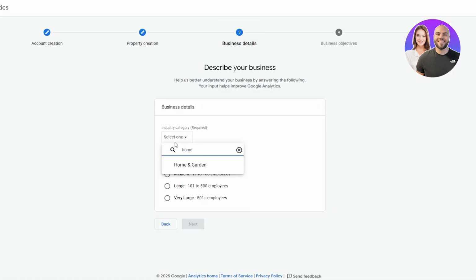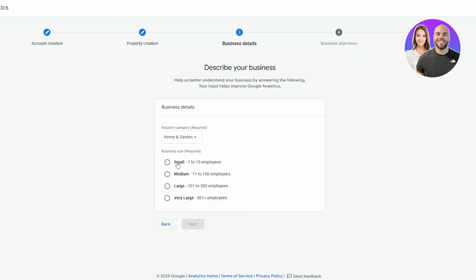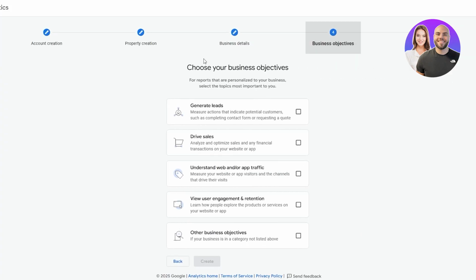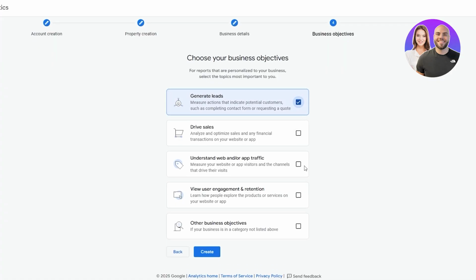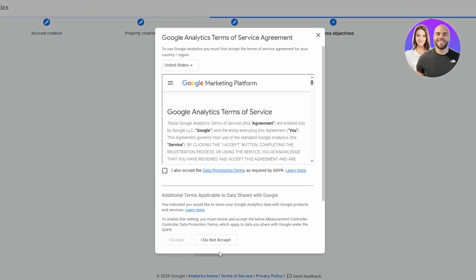Then you have your business detail, select the category it works in. So it's mostly home, gardening, or is it roofing? Yeah, so it's home and gardening. So I'll go with small and click on next. So choose the business objective, generate leads, or drive sales, view engagement or retention. And yeah, I think this is okay. We can go with other ones as well, but yeah,